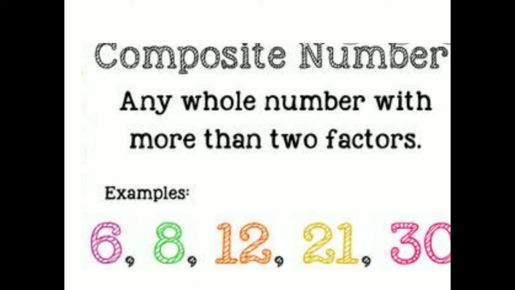Now what are composite numbers? Any whole number with more than two factors is called a composite number. Means if you have a number like 6, we have more than two factors for 6. So that's why 6 is called a composite number. Like this we have 6, 8, 12, 21, 30 as examples. So one more example is here,